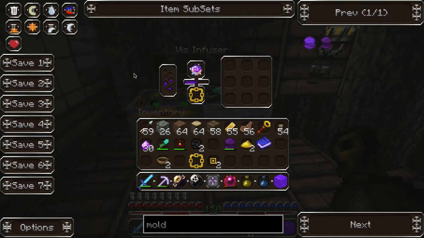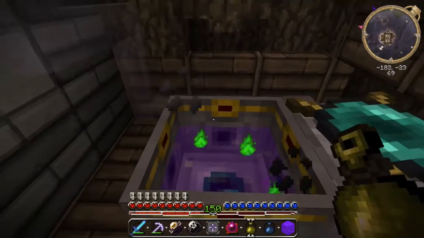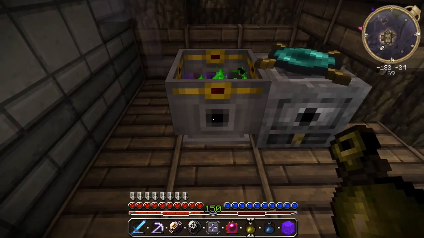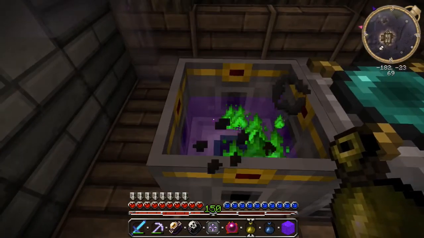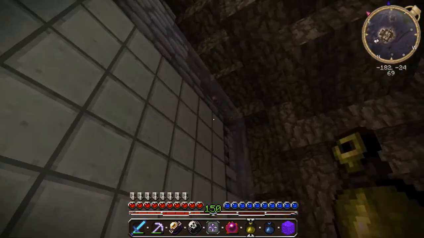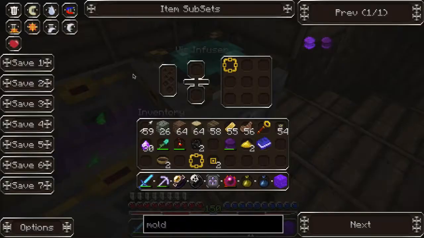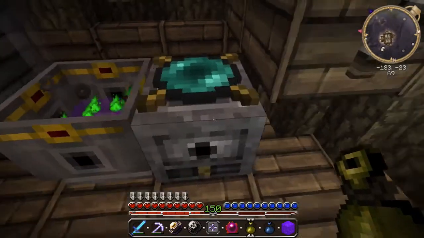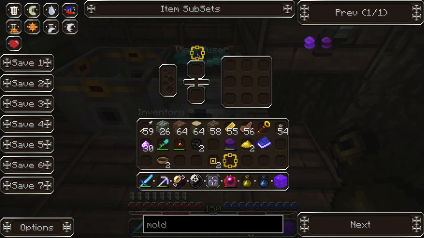Okay, so that is working. Takes a little while, uses quite a bit of V for that. It's drawing from here, so I don't want to overfill it. So it'll prioritize what's next to it, I assume, first, before it goes off into the network. Yeah, not sending V, because it's done, so it'll prioritize what's next to it first. That's cool. So now we have the void symbol,